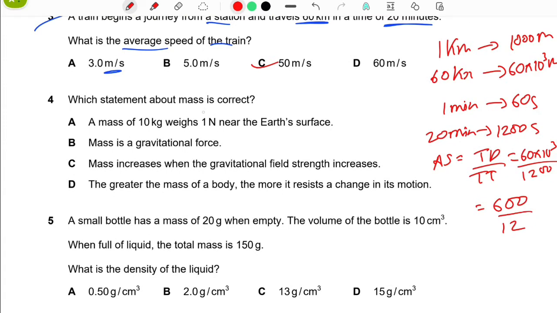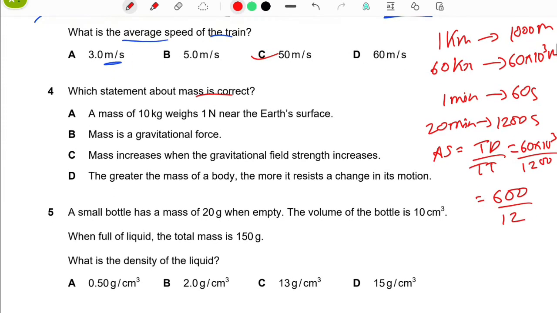Which statement about mass is correct? So we have to identify the correct statement. A: A mass of 10 kg weighs 1 Newton near the Earth's surface. B: Mass is a gravitational force. This statement is obviously wrong because mass is constant everywhere and it is not at all dependent upon gravity